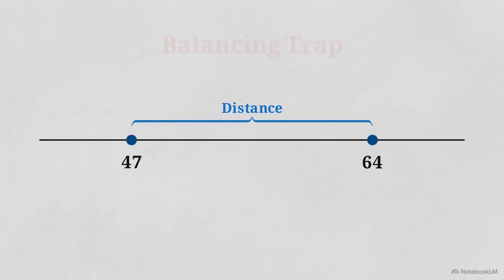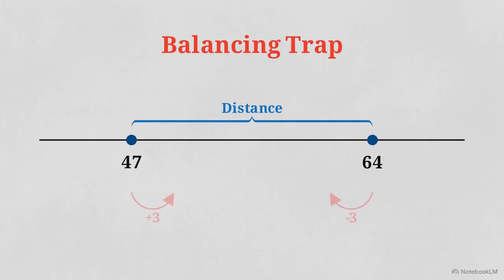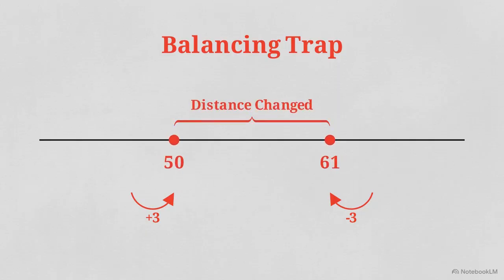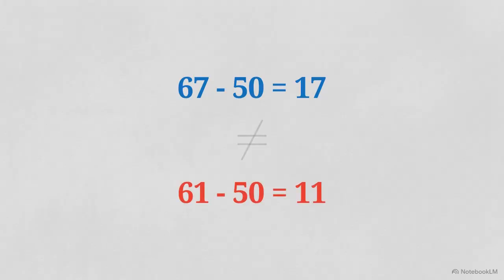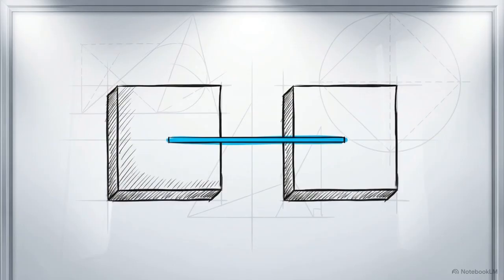There is a common trap here. Because of how we learn addition, it is easy to assume that if you add 3 to one side, you must subtract 3 from the other to keep things balanced. If you add 3 to the bottom number but subtract 3 from the top, you move the points in opposite directions. You have changed the distance between them, and the resulting answer is no longer linked to your original problem. Subtraction demands absolute symmetry. Whatever operation you apply to the bottom number must be identically applied to the top number